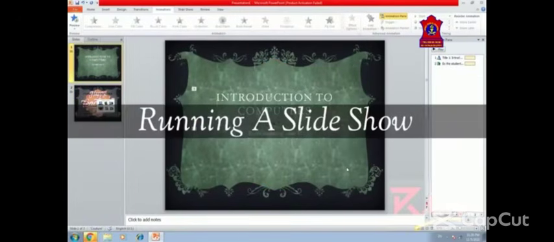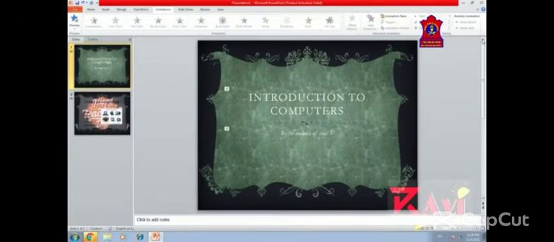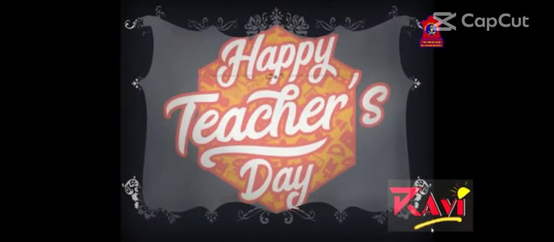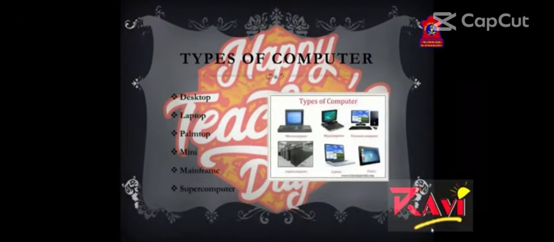Now slideshow view. Next is the slideshow view, how your slides will be visible. So what you can do, you can just click on the slideshow and see what happens. This is the slide, and one by one, once you make a click, your slide will be appearing like this. Okay, and see here, this is the second slide. Okay, and see, once you make a click using your keyboard, the different options will be visible